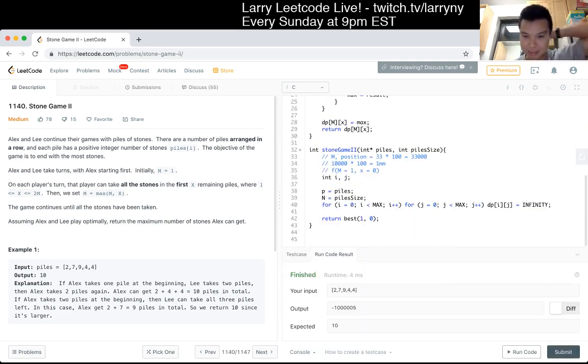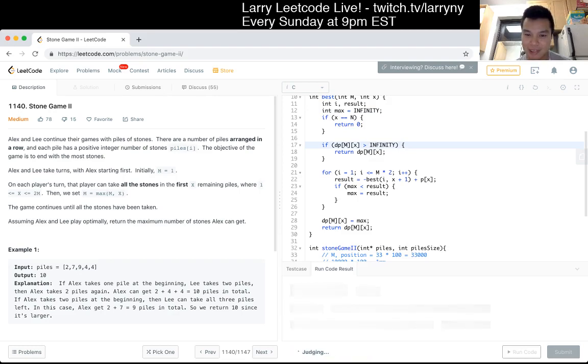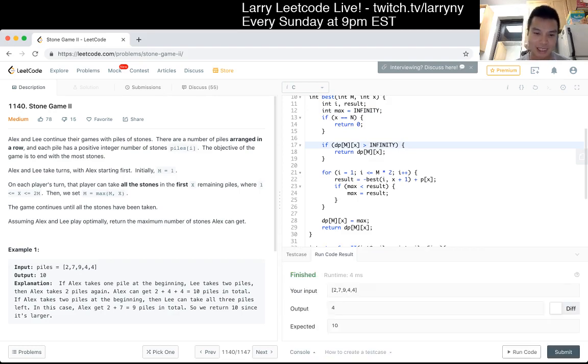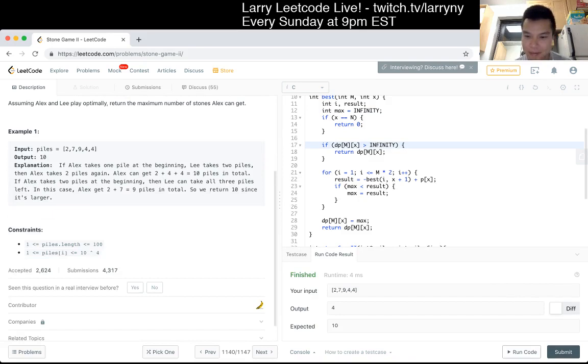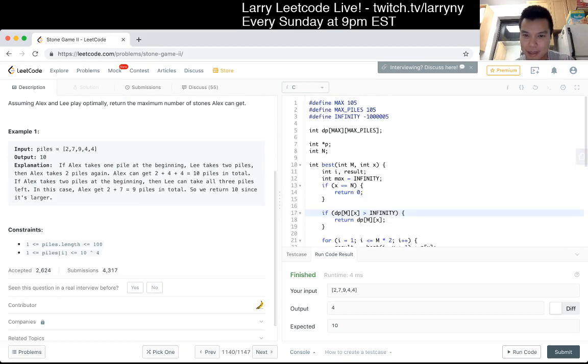Oh man, that's not what I was hoping for. But oh, why did I do that? That doesn't make sense. Of course, that's gonna be true. Okay, so that's not so good, but at least it's doing something. Maybe there's an off by one somewhere, but